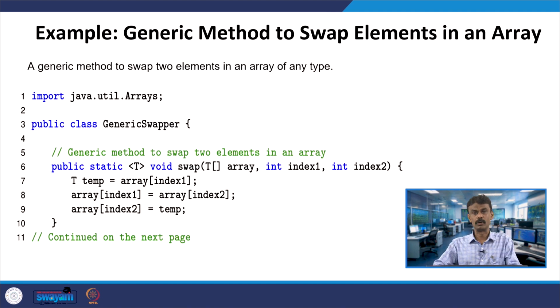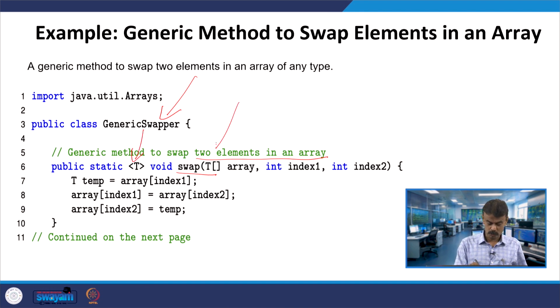So, now we will see one more example, swapping of, let us say, 2 elements in an array, 2 positions, right. So, swapping of 2 elements or positions, both are same, 2 elements in an array, alright. So, let us have generic swapper as the class, in fact it is a driver class, and I have one swap method, alright. So, you have generic notation, here we are going to use the array of T, alright. So, T may become integer or double or character, right.